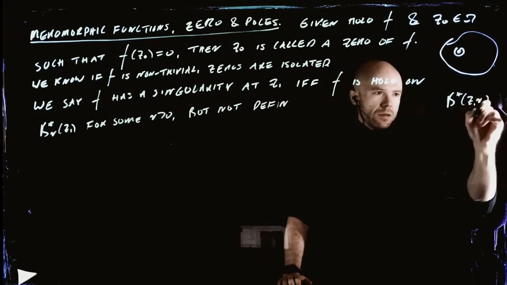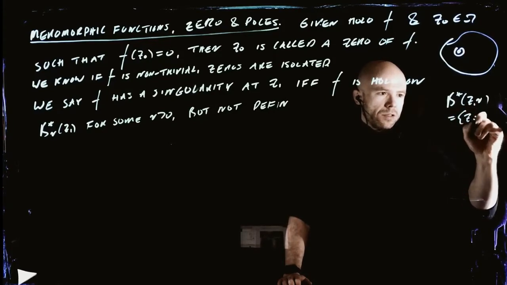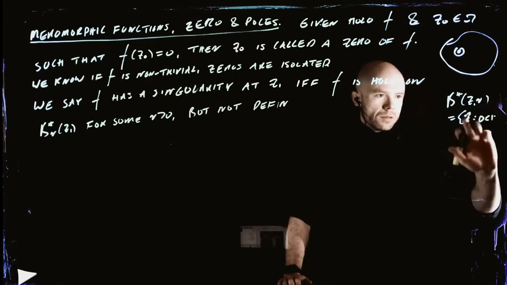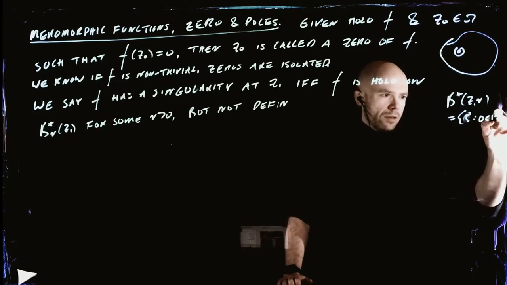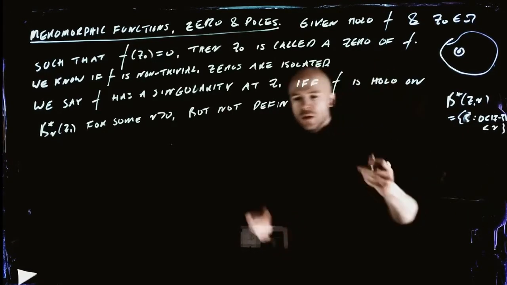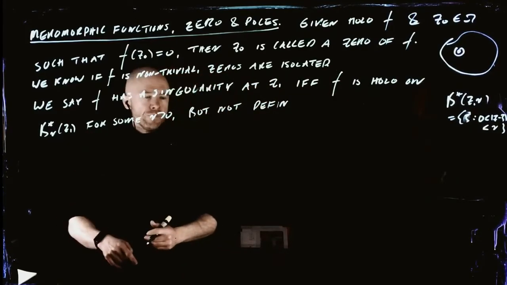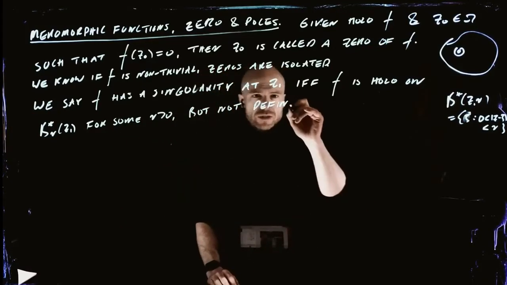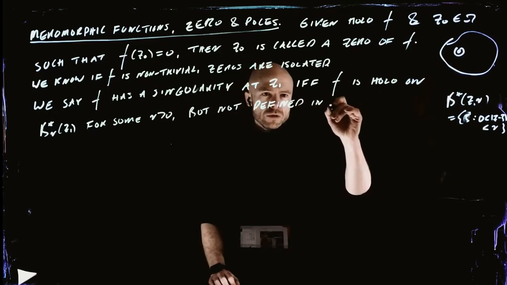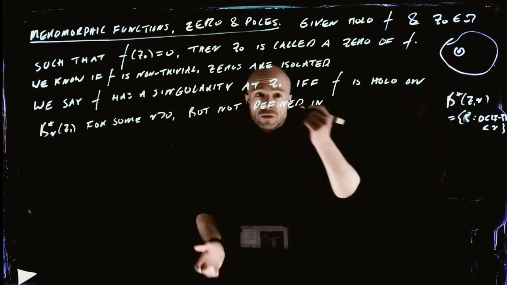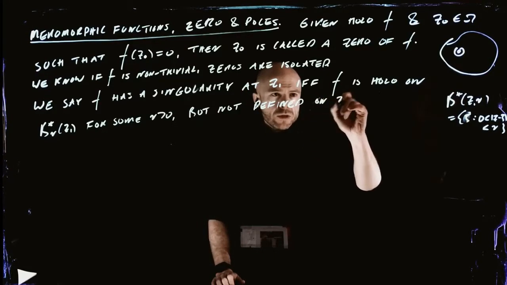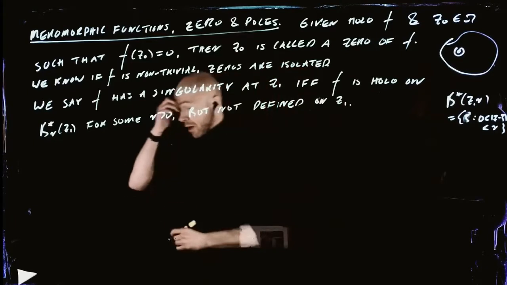I think we did define this. This is the set of zeta such that z1 minus zeta is bigger than 0 but less than r. So it's everything in the ball but not equal to the center point itself. So f is holomorphic in the punctured ball for some small radius, but not necessarily defined at the actual value z1. And there are various ways it can fail to be defined at z1. For example,